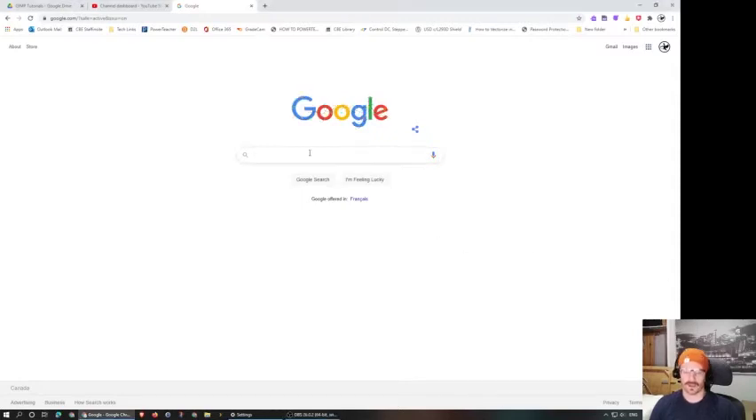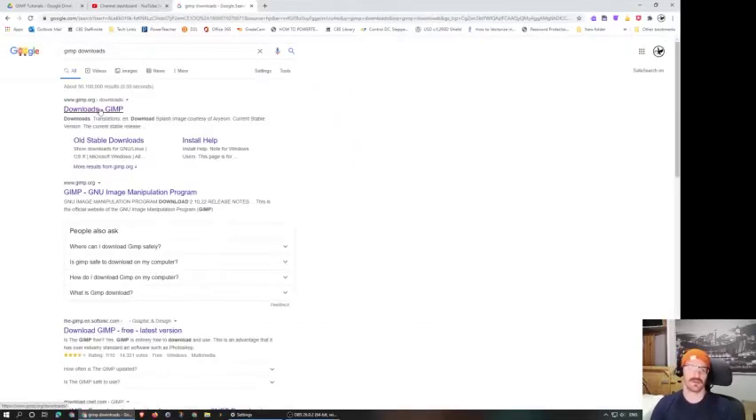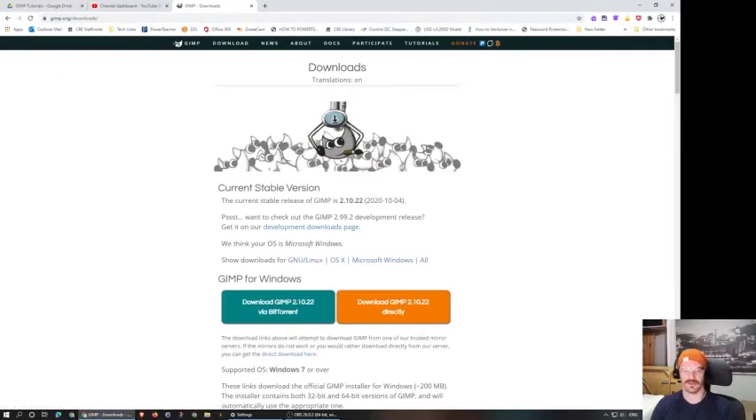Alright, I'm going over how to download Gimp. In Google, if you search Gimp downloads, it should be your top result. This is on Windows, by the way. So I click the orange button, unless I know what a BitTorrent is, in which case you can use that